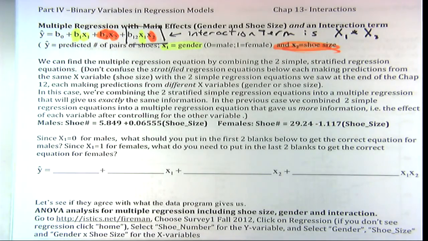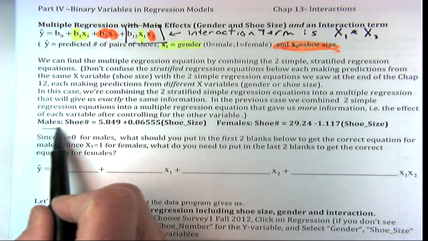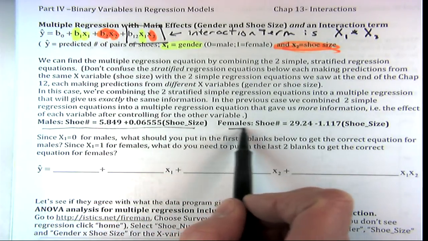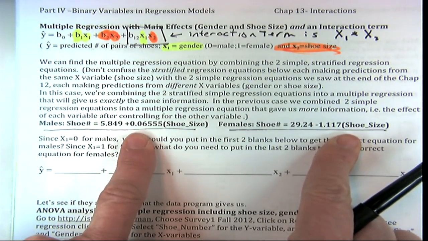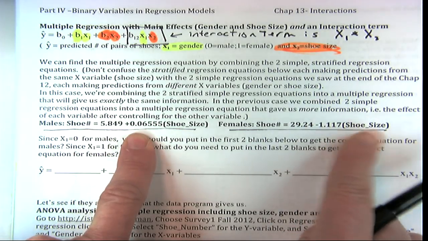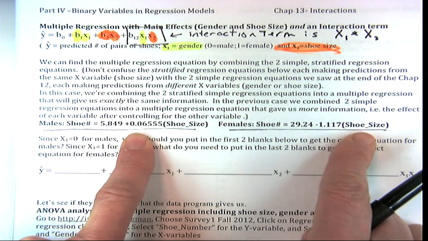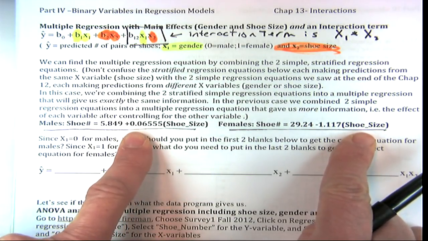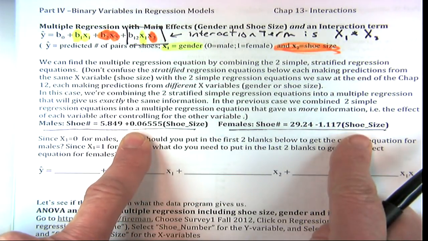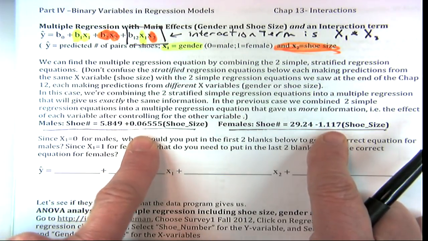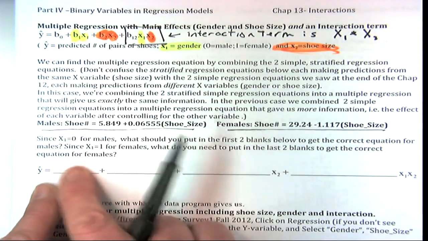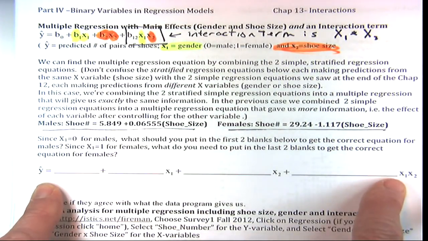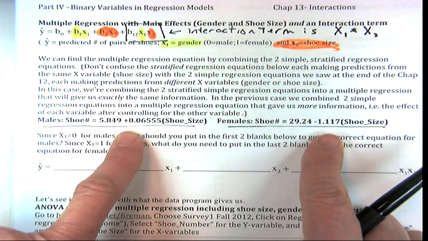Now, here we have these two separate ones, two stratified ones. Okay? These are the two stratified ones. And notice, remember, they had different slopes. This is the Cinderella effect for girls, and it's absent in boys. That's what I'm just calling it, right? So they have two. This is the data we looked at, and there's two, and we want to change the slope. We want to create a multiple regression equation that gives